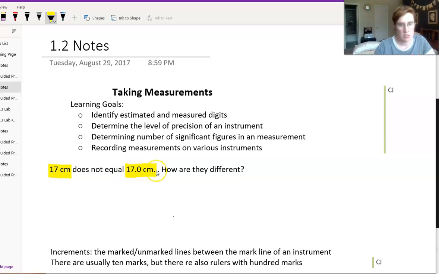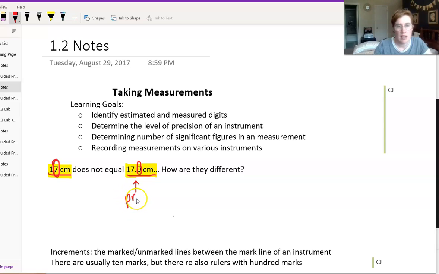And 17.0 centimeters. These are actually two different measurements and they don't equal each other. So how are they different? Well, we can tell that 17 centimeters here is measured with a different instrument than this one is. We can tell that this one measured to the tenths place, whereas this one only measured to the ones place. So we would say that the instrument that measures to the greater decimal point versus the one that only measures to 17, we would say that this particular measurement